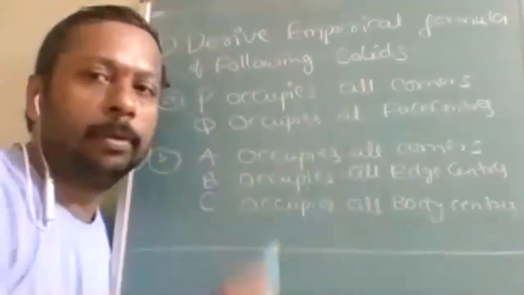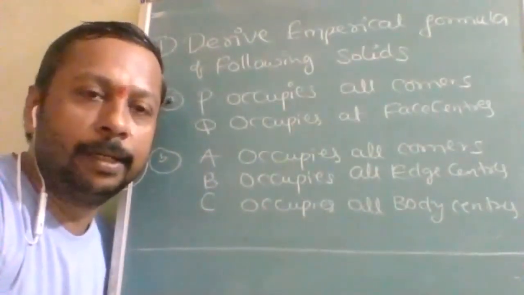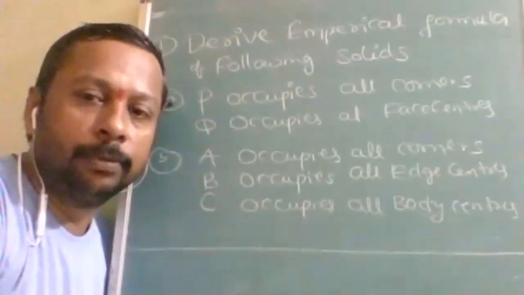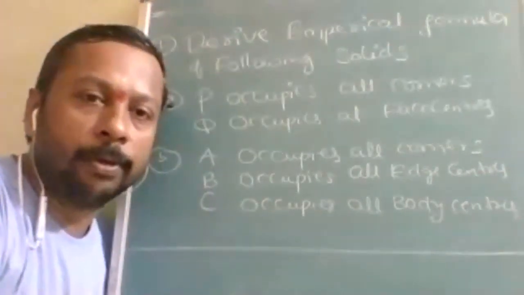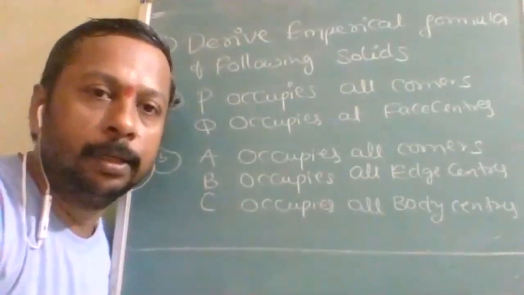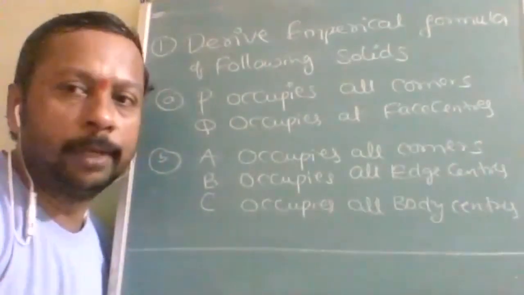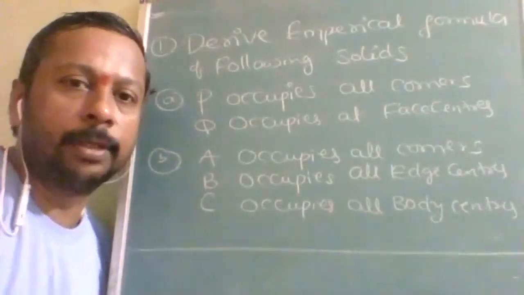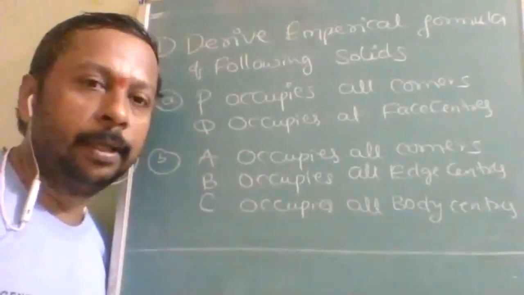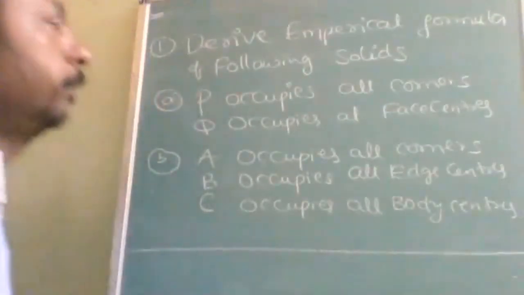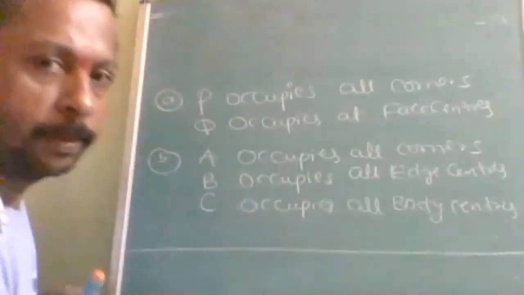First you should know the number of atoms, then the effective number of each, and you will write only the effective number in the formula. Let's see here. First question I will tell you, then the second question you can solve. If you have followed my previous lecture and are able to do it on your own, it is well and good. So, empirical formula. First I will explain here.